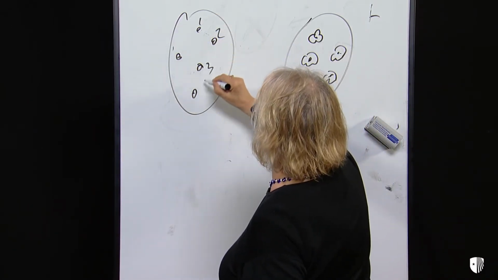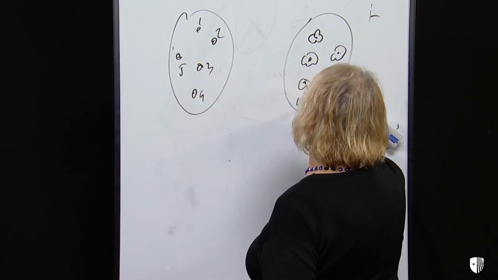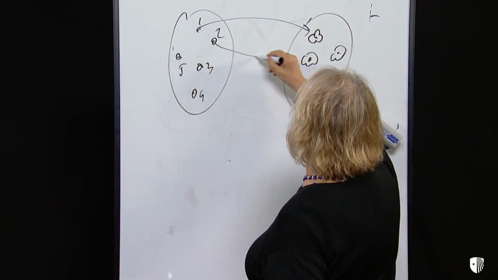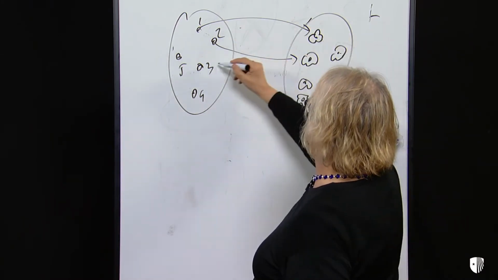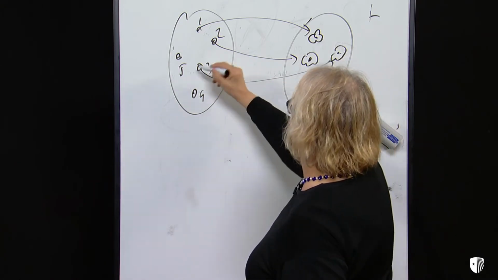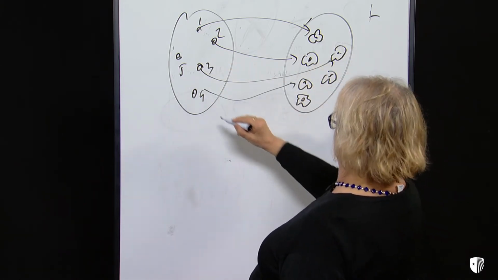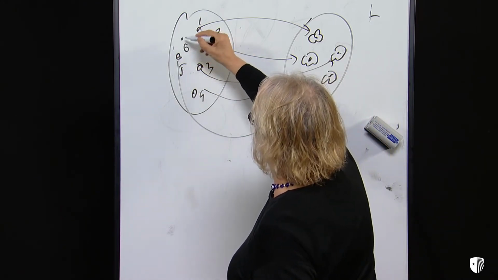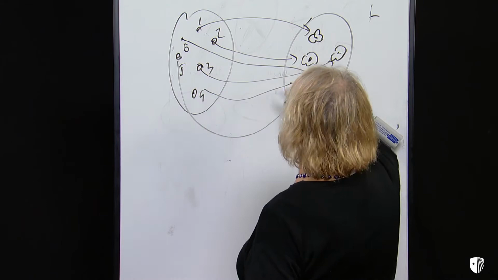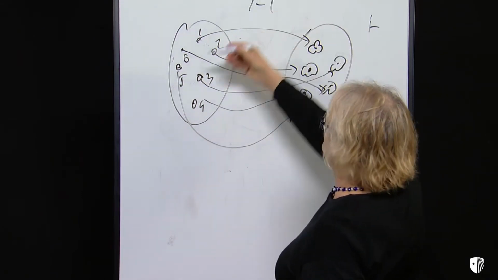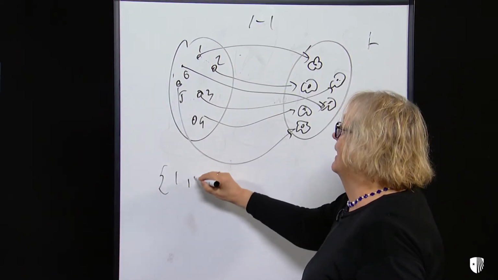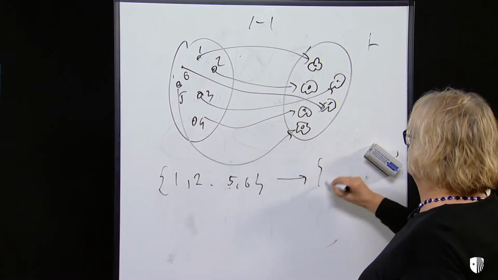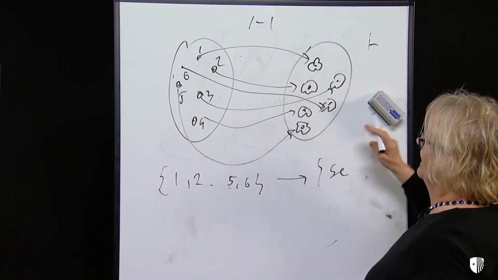1, 2, 3, 4, 5. And we treat each flower, and you count the flowers. 1 goes to here, 3 goes here, 4 goes here, 5 goes here, and I need still 6. So you have 1-1 correspondence between our set of numbers and our set of flowers, and that's how you